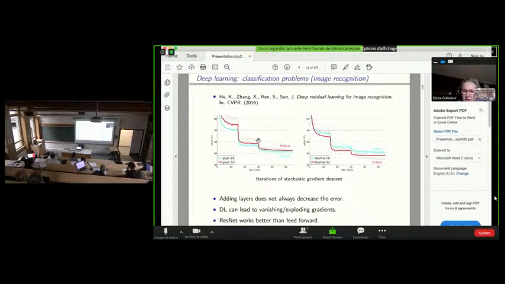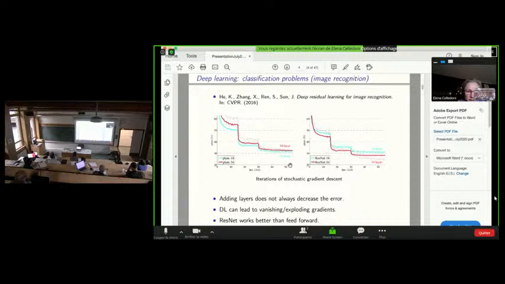So adding layers in the neural network doesn't improve the performance. On the other hand, on the right-hand side, we see that this is not the case, that the ResNet is able to obtain better performance with 34 layers than with 18 layers.